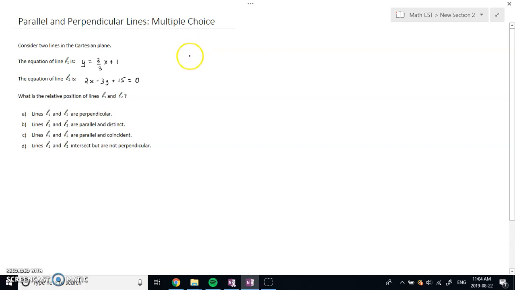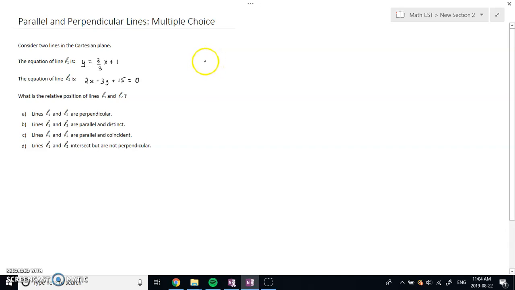Hi there. So for this topic, we're going to look at parallel and perpendicular lines. Often this question is given as a multiple choice on the CST exam, and often we're also asked to compare two different lines and question what their relative position is in space. These questions look like the following question on the screen, where it asks us to consider two lines in the